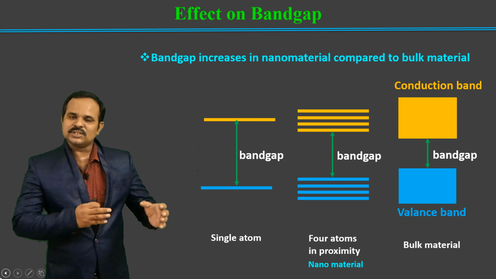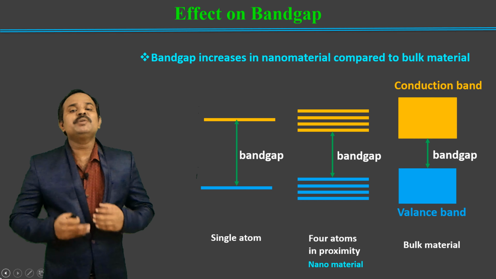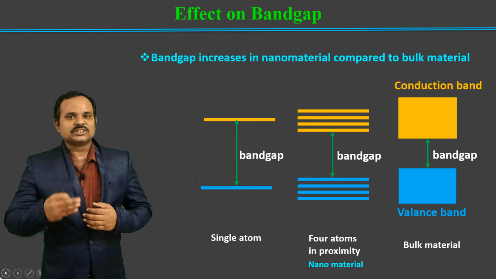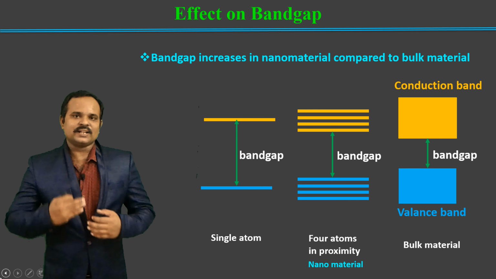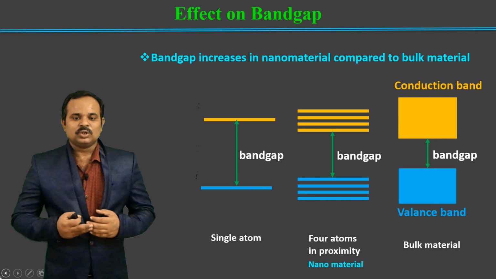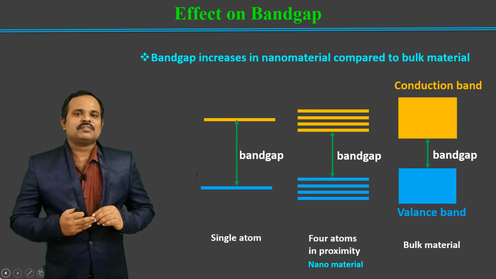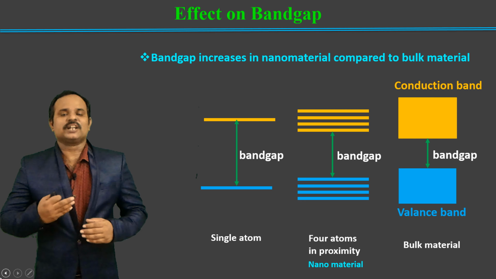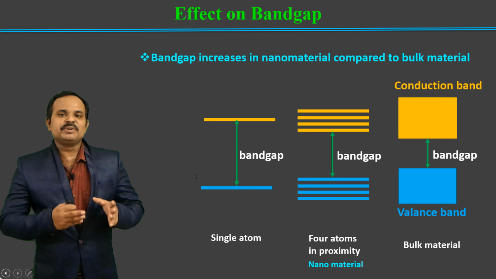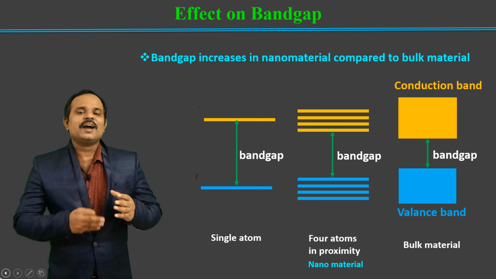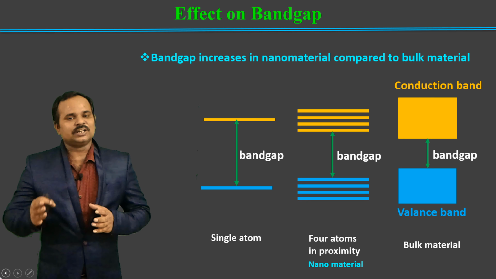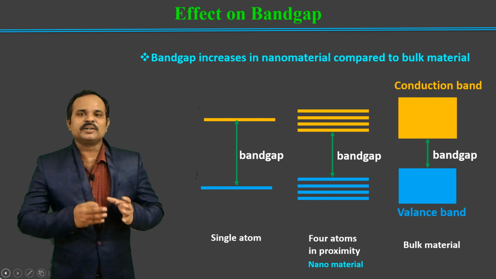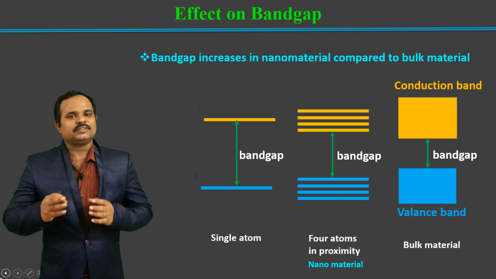It's not just absorption of materials, but also emission. Now, when an electron in the high energy state, in the conduction band, is de-exciting to the valency band, it emits a photon. Now, if you see, the band gap in the case of nanomaterials is larger, so the emitting photon will be higher energetic. That means the photon emitted from the nanomaterial will be higher energy compared to that of the bulk material. So that means the luminescence properties are also going to be different in the case of nanomaterials.